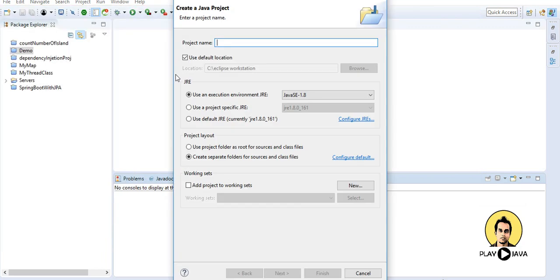Name it as comparable and comparator interfaces demo. This is fine and I'll click on finish,